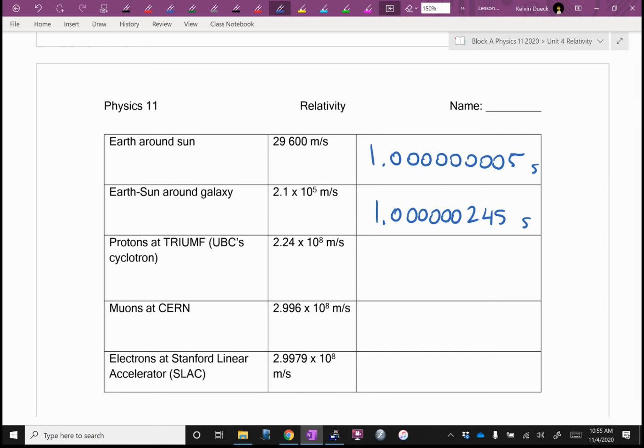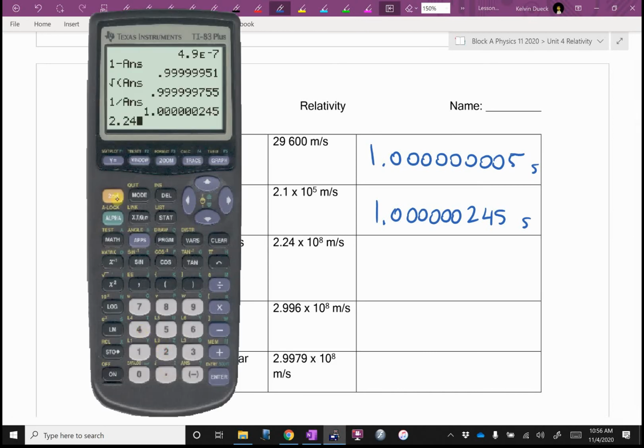UBC has a particle accelerator called TRIUMF, and there they get protons moving at 2.24 times 10 to the 8th meters per second. So, what's the time dilation factor here? 2.24 scientific notation button 8 divided by 3 scientific notation button 8, squared, 1 minus answer button, square root of answer button, 1 divided by,